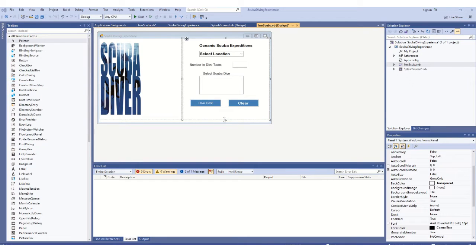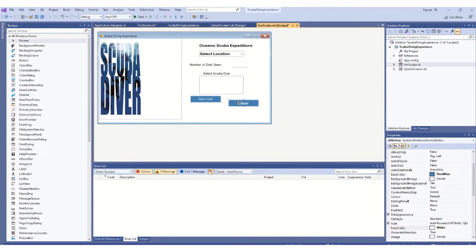So now enter the label objects. Let's relocate these buttons, and then bring the label object, the first one should be here. You can call it dive,